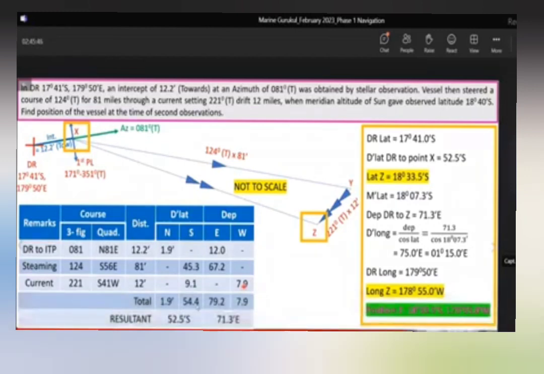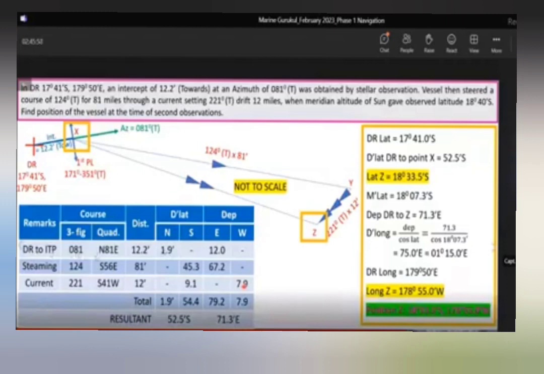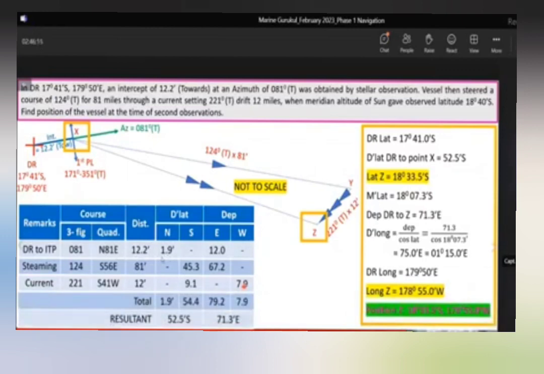सर ये जो 1.9 मिनट है ये हम लोग बाय कंपास मेजर कर रहे हैं क्या सर? नहीं बेटा, ये हमने फॉर्मूले से निकाला है। हमारा DR2 ITP कोर्स है 081 विच इज नॉर्थ 81 ईस्ट, डिस्टेंस है 12.2। आप कैलकुलेटर में डालिए डिस्टेंस कॉस कोर्स, 12.2 इंटू कॉस ऑफ 81, सी इफ यू गेट दिस आंसर। ओके सर, ठीक आ रहा है सर। वेरी गुड बेटा।